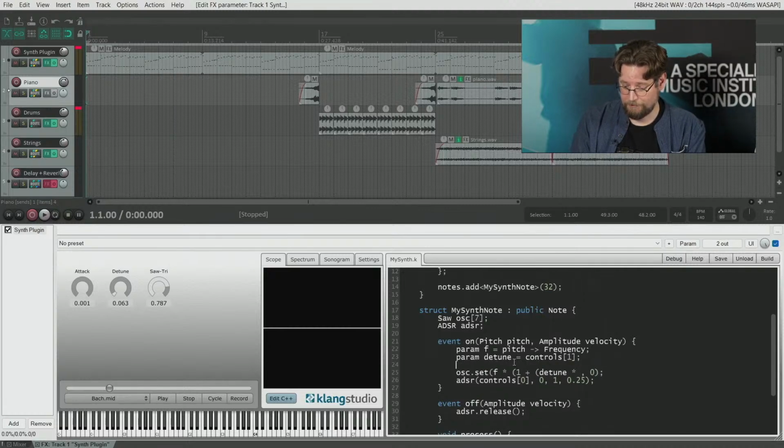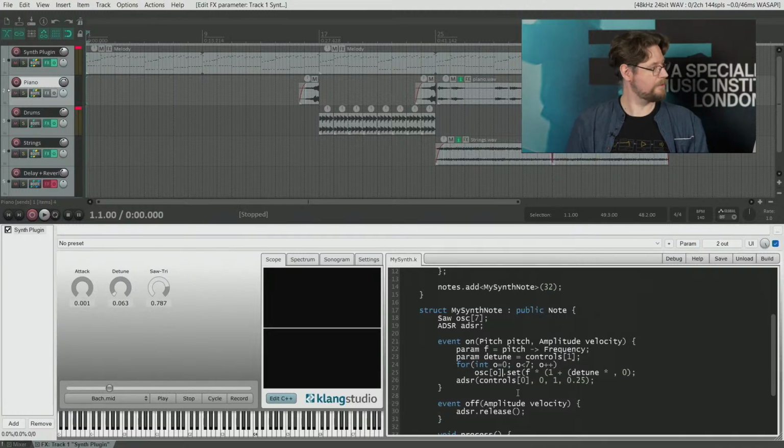Basically, I'm going to have a for loop that gives me this iterator, this number that counts from 0 to 6, by starting at 0 and going through all of the numbers up to, but not including, 7, so as long as it's less than 7. Then I'll have a line of code which sets the oscillator. The first time this loops around, it will set the first one, and the second one, and the third one, and so forth. But then I can also use O to control the amount of detune by timesing O by detune. So detune is going to be this really small amount, let's say,